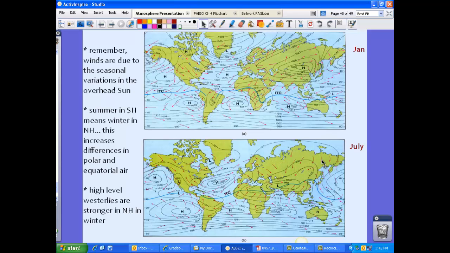You can kind of see it's a little bit different in the summertime. While these winds right here are coming from the west, the ones over here towards Asia and Europe, some are coming from the west, but some, notice, are coming from the north, and the east. We have a lot to talk about, of course, the different changes, but this will give you an idea of the temperature and the pressure as we move